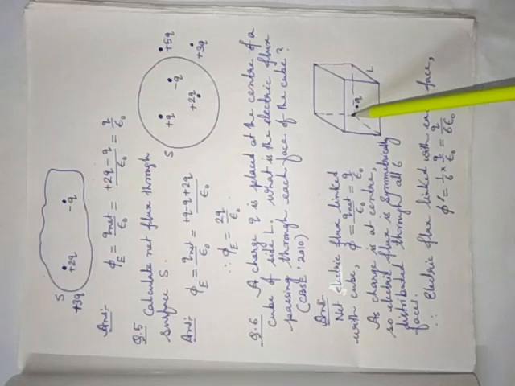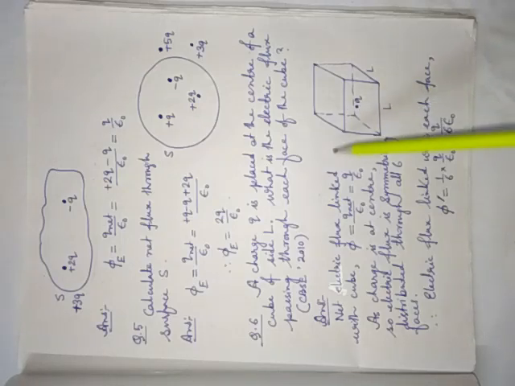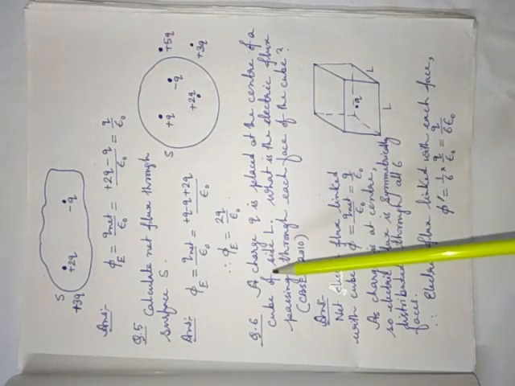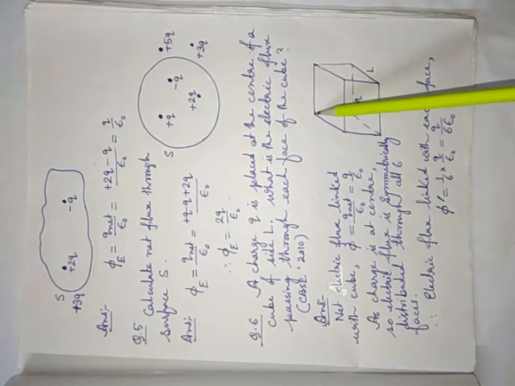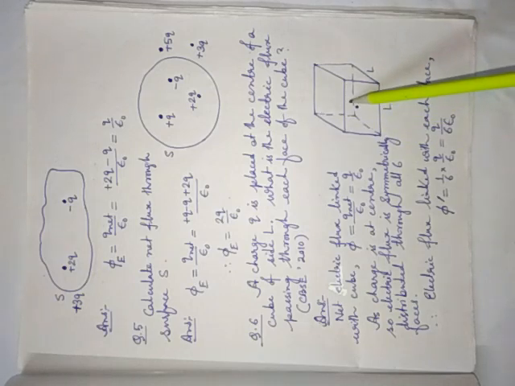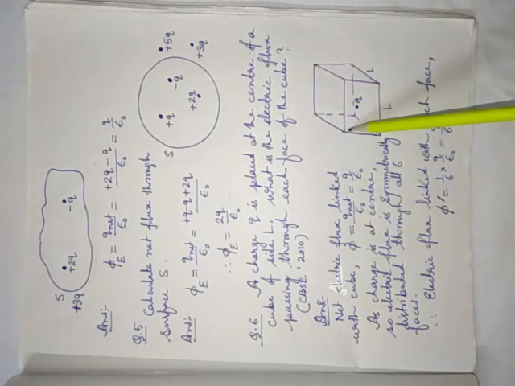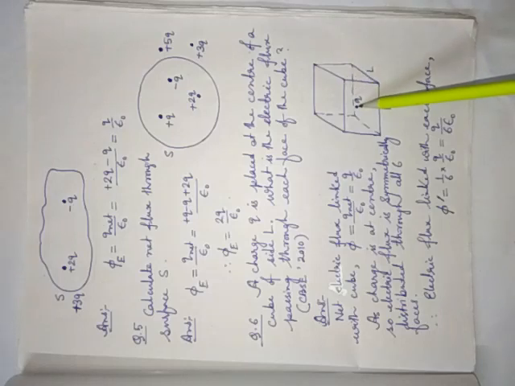Again, I would like to tell you this question. I think the same type of question is mentioned in your exercise also. A 2 marks type of question. See here, a charge q is placed at the center of a cube of side L. This is a cube having side L. At the center means if you connect the two diagonals, they will intersect at a point that is the center of the cube. What is the electric flux passing through each face of the cube? Now, the cube is a closed surface. Inside it, what is the net charge?